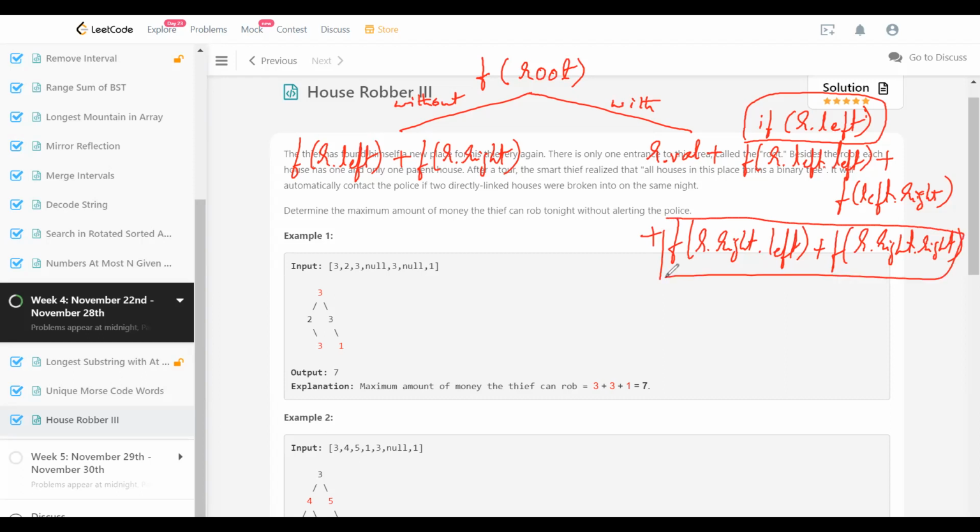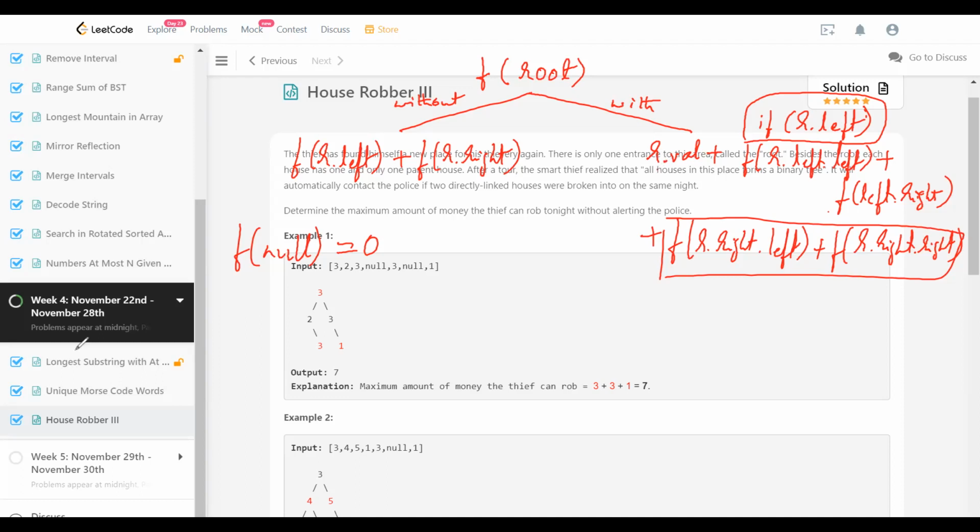And what should be the base case? If you see anywhere here, it might be null also. Root could be null or anything could be null. So null is a base case here. f of a null tree is going to be 0 because there are no houses, and obviously he is not going to rob anything, right? And any other case, even a leaf node, we don't have an issue, because a leaf node is going to call the left one, which has null and null, which is going to be 0. On the right side, root is involved here, but because left and right do not exist, it's only the root value. So for a leaf node the answer is just the value of the node, which is anyway covered in this recurrence. All right.